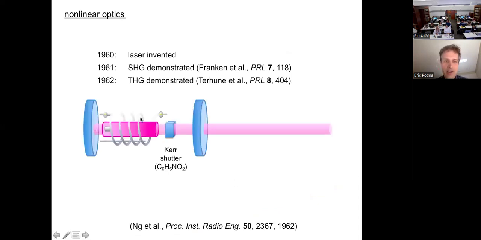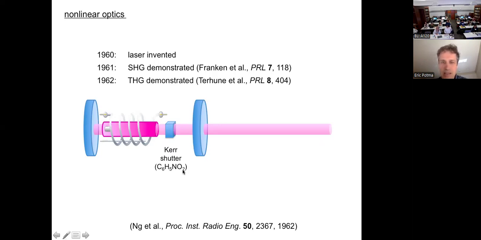This is the same laser that you saw on the previous slide. This is the ruby laser. And back in the day, people put this thing in there. This is the Kerr shutter. It's one way for them to produce very strong pulses. This Kerr shutter is a way to make the cavity suddenly transparent and then kick a lot of energy out. Okay, but for us, what is interesting is that a Kerr shutter was simply a cell with this